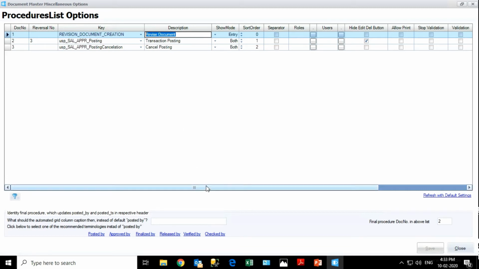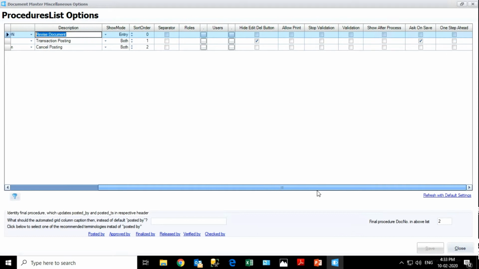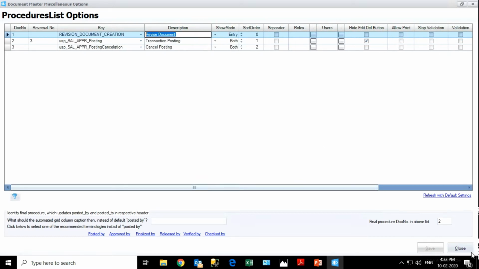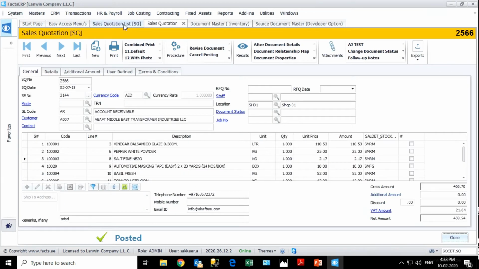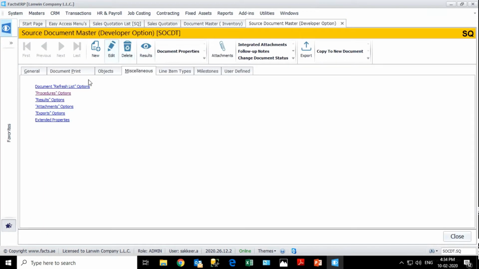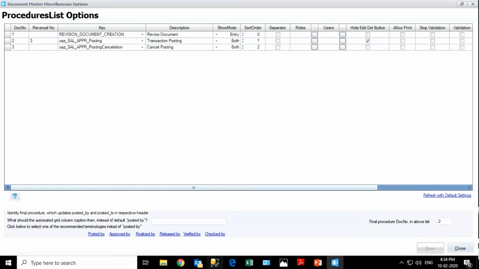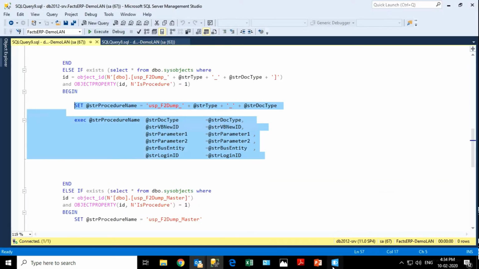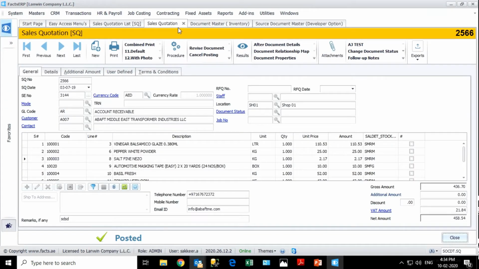You can give anything. Normally it will be revised document, and we put it in the procedure option. That's why it is displaying here. You don't need to do anything other than the default procedure. You can simply put a key called revision document creation, and then these options will be enabled. The revision option will be enabled in the document and the user can use this.